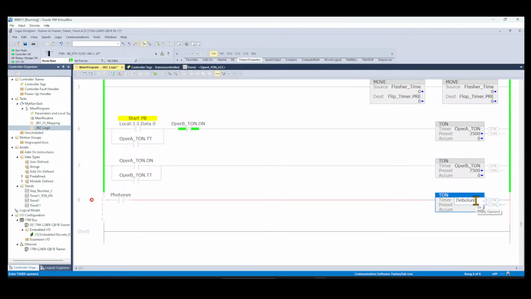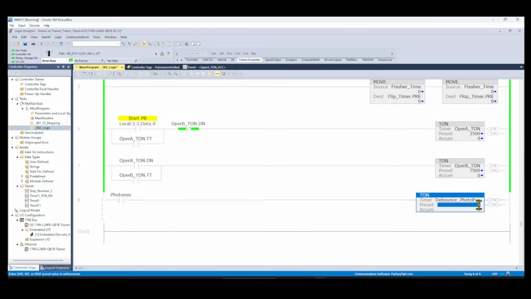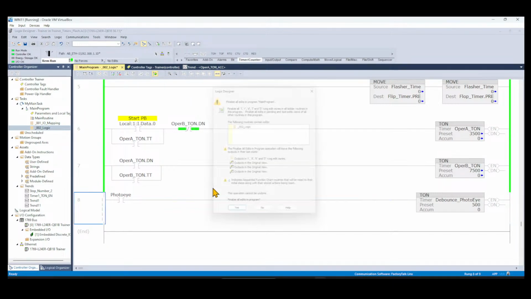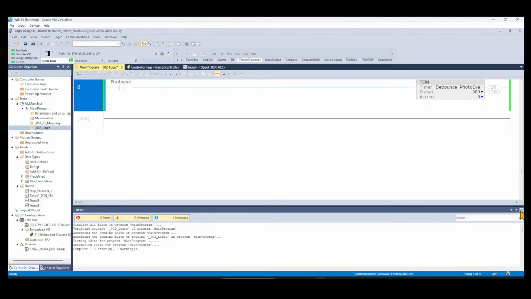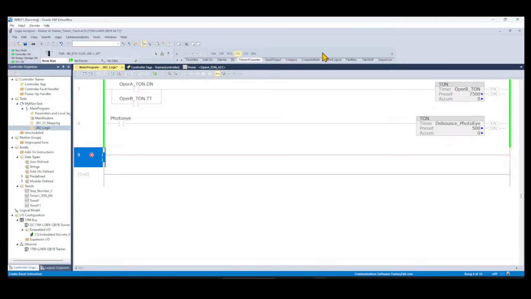So we use a debounce timer, you can name it whatever you want. I just call it debounce photo eye, and we create a new timer with a time base and we say 500. So once the photo eye is made for 500 milliseconds, then we can use the signal in our logic. So we could just use that signal, the photo eye done bit,